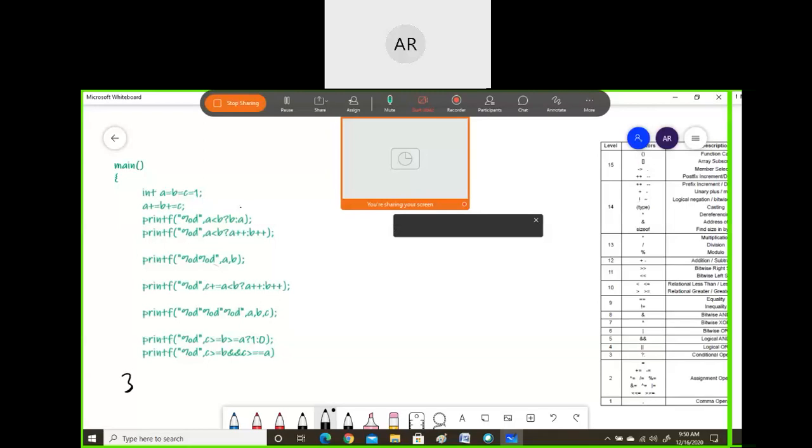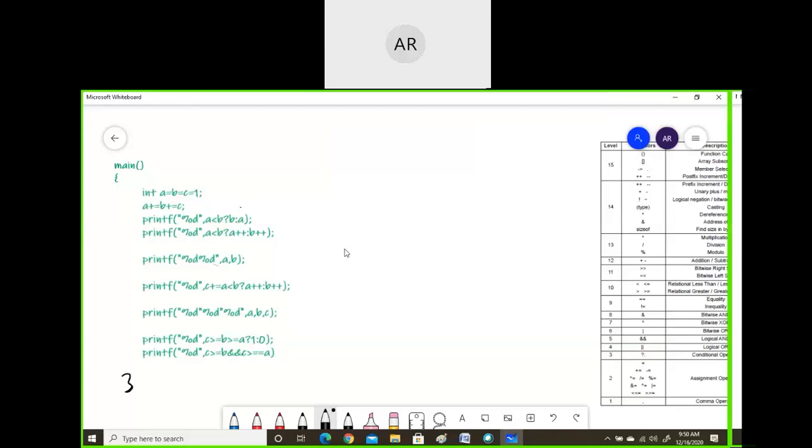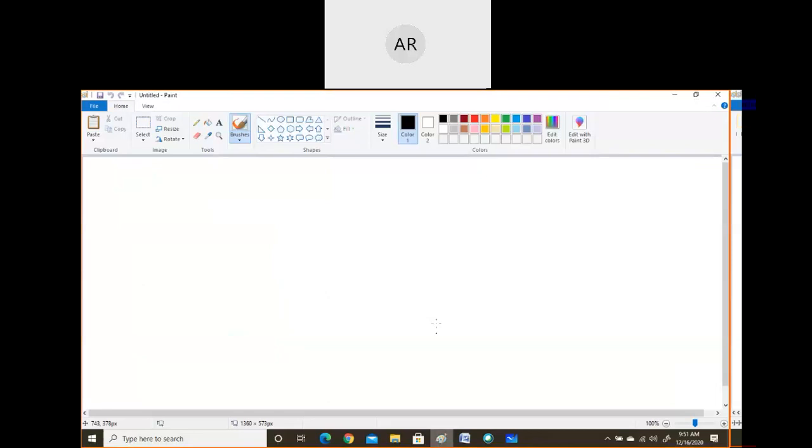Hello friend, in this lecture we are trying to understand one of the most important concepts in operators. So I will solve many problems on operators, right? This is the most important concept in operators, right? So we can try it ourselves for this line of code, right? Before the start of this lecture, let me explain some of the concepts.